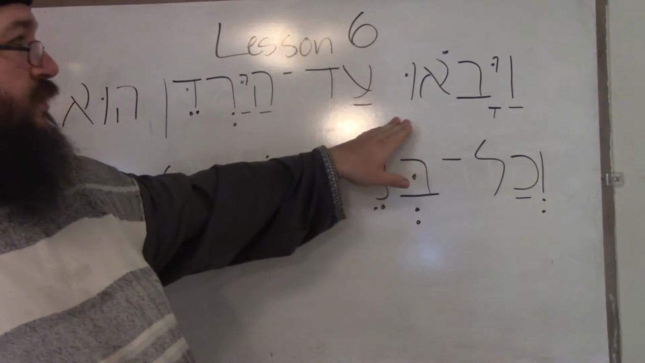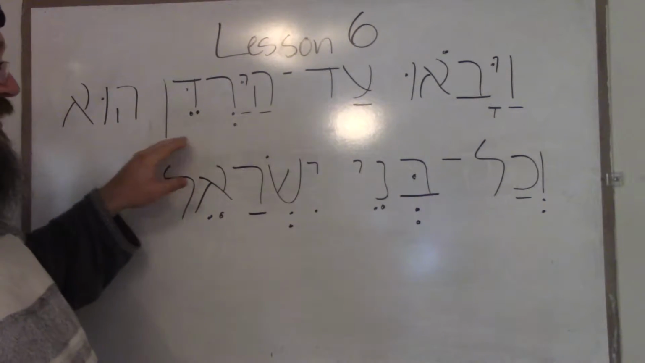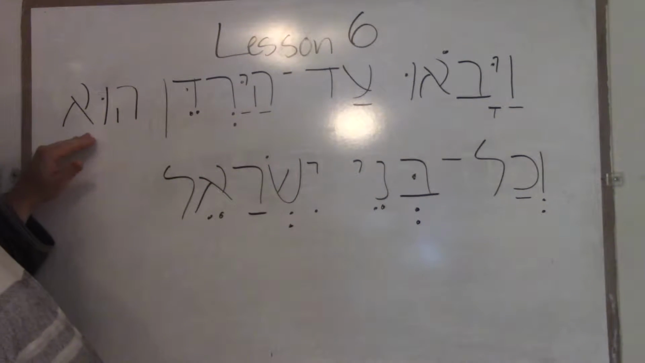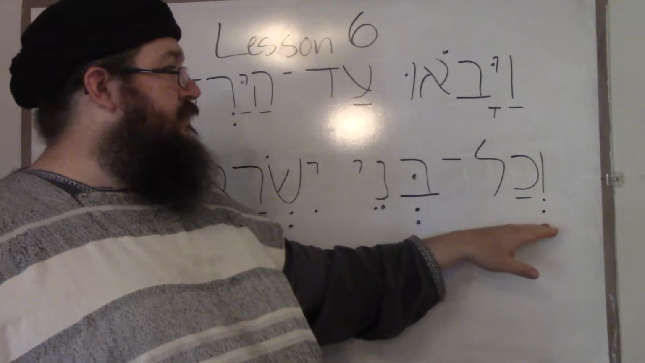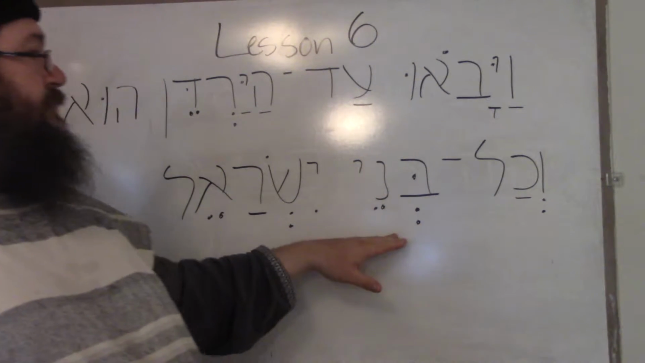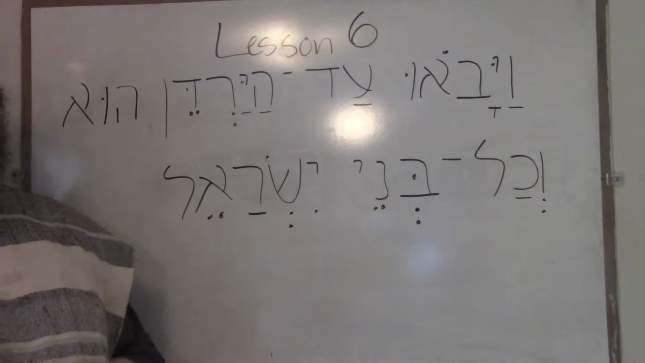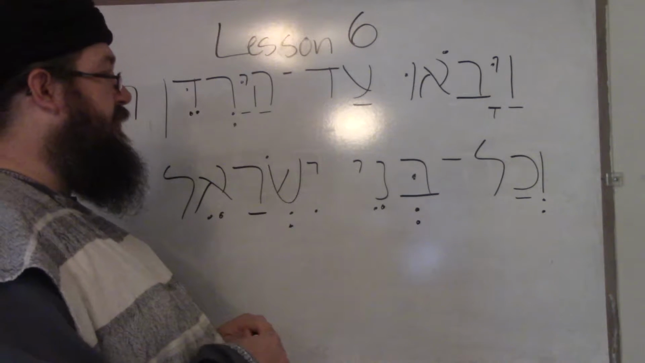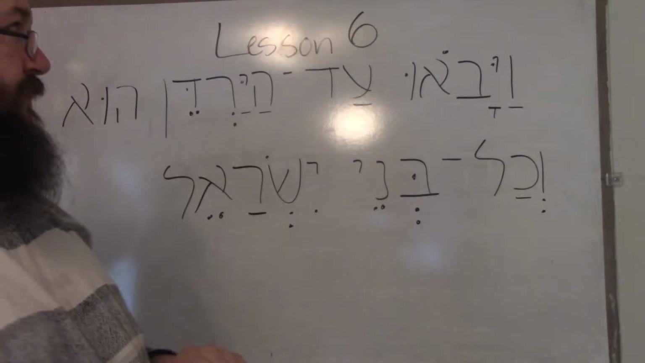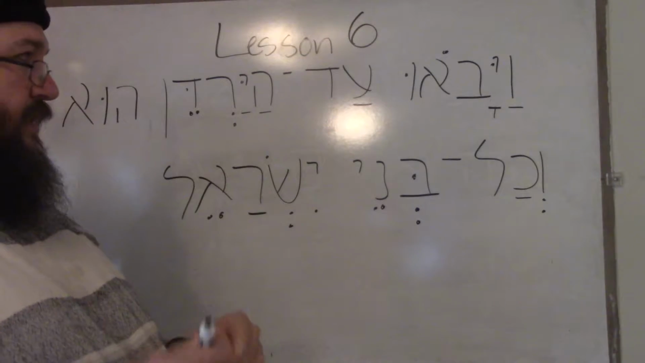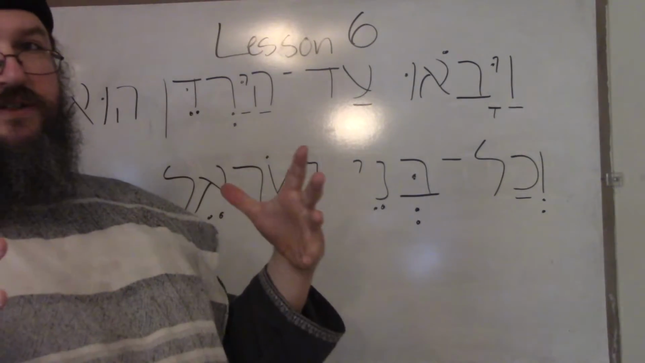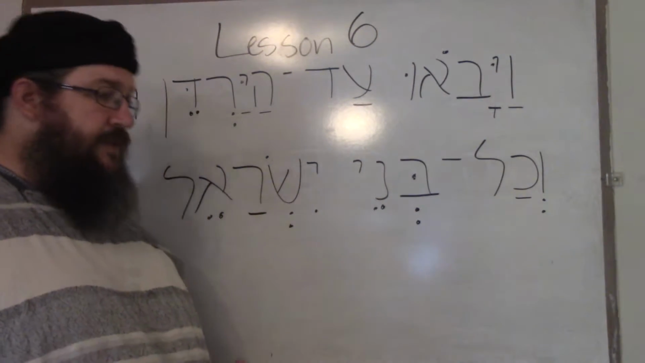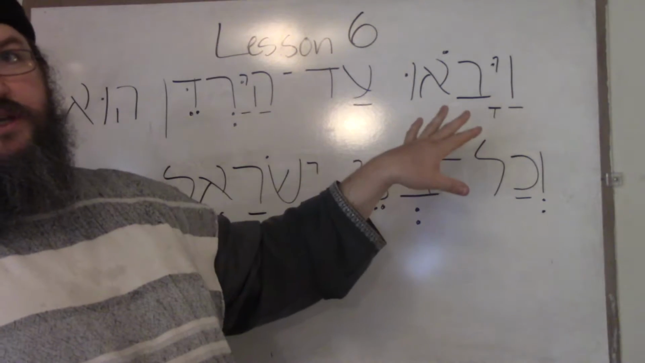Va yavu'u ad hayarden, and they came as far as the Jordan, hu, he, v'chol, and all b'nei Israel, the children of Israel. Okay. So let's look at what we're doing here, alright? We have to remember, when we go into these issues, first and foremost, memorizing the verb charts, like I said, okay? If we memorize the verb charts, we don't have to play around with the whole thing about what's